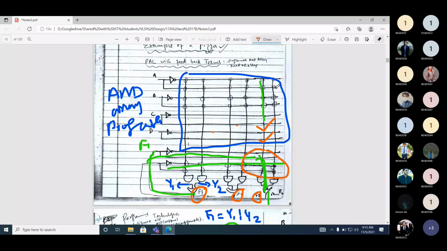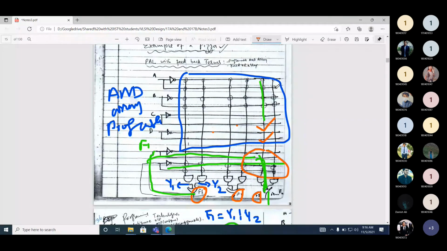F1 will implement 5 minterms, F2 will implement 5 minterms. These will be fed back, and then the remaining will be provided from the programmable AND array. In this way, you can program your devices according to the requirement of this PAL.